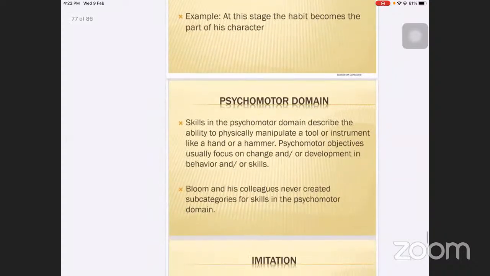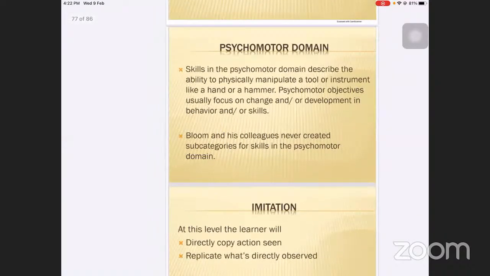Third one is psychomotor domain. This domain is related to skills, that is hand skills and writing skills, drawing skills, sketching. In mathematics, it is problem solving skill. In science, it is experimental skills. In language, it is writing skill, reading skill. So these skills we develop through the psychomotor domain, and with the help of several exercises, these all become trained,